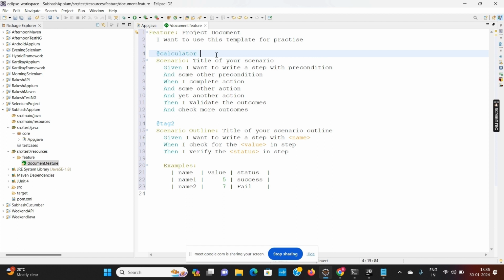And in @calculator, what I want to do is test the sum functionality, whether the sum is working or not. So @calculator, @sum, scenario: sum function test.